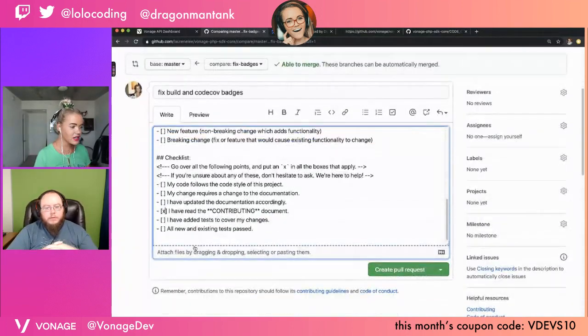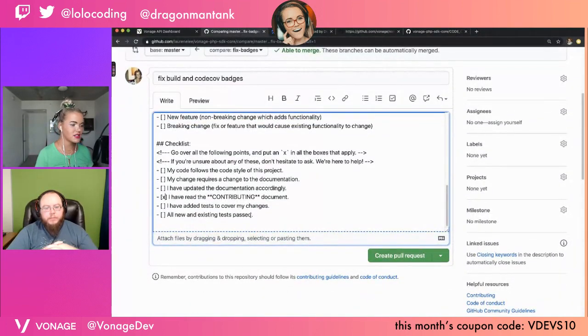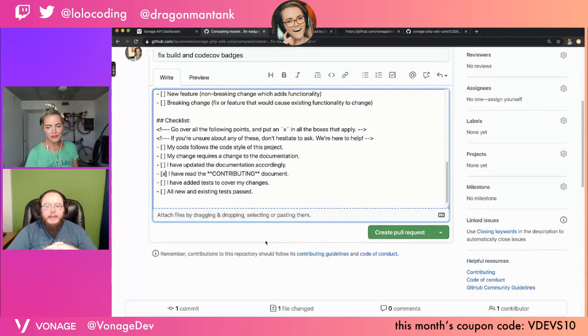And I haven't added tests in all new. Don't need them. Yeah. Okay. So in this case, the bottom one's important to check for me too, because you made sure you didn't break anything. This is a documentation. This is a small doc change. I'm not really worried about it. So go ahead and click create pull request, and then I will get a nice little email saying there's a